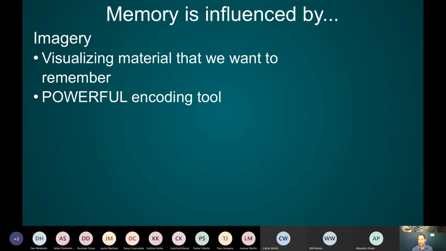A recipe, or let's say a shopping list. So you've got a shopping list, you want to remember everything on it. A better way than just repeating the words over and over again would be imagining the things. So I've got to get milk, imagine a jug of milk. I've got to get eggs, imagine a carton of eggs. I've got to get roast beef, imagine a carton of roast beef.